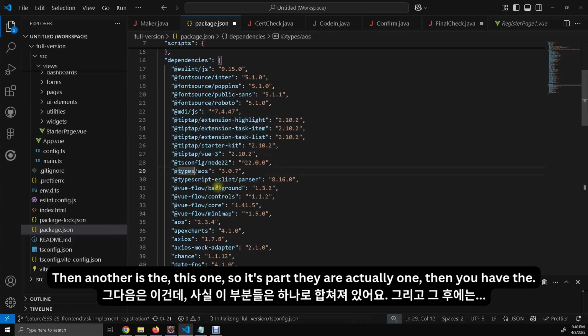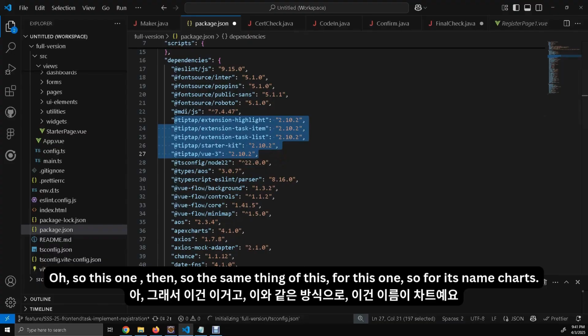Another is this one, they are actually one.